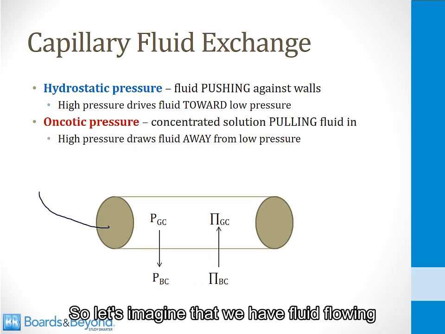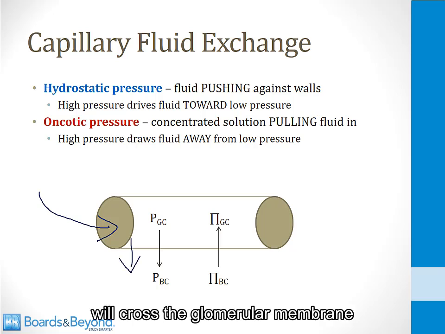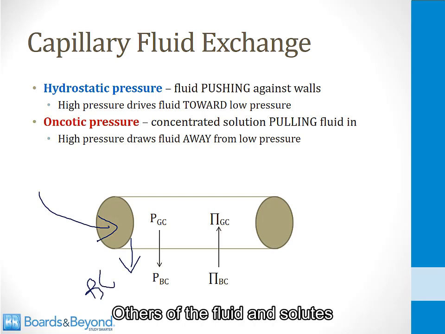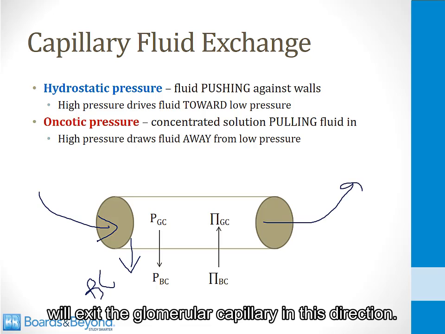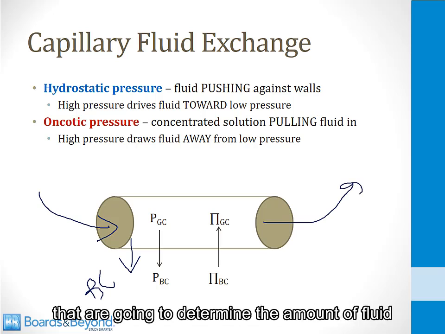So let's imagine that we have fluid flowing into this capillary carrying solutes. Some of the fluid and solutes will cross the glomerular membrane and enter into Bowman's capsule or Bowman's space. Others of the fluid and solutes will exit the glomerular capillary in this direction. So what we want to talk about are the forces that are going to determine the amount of fluid that